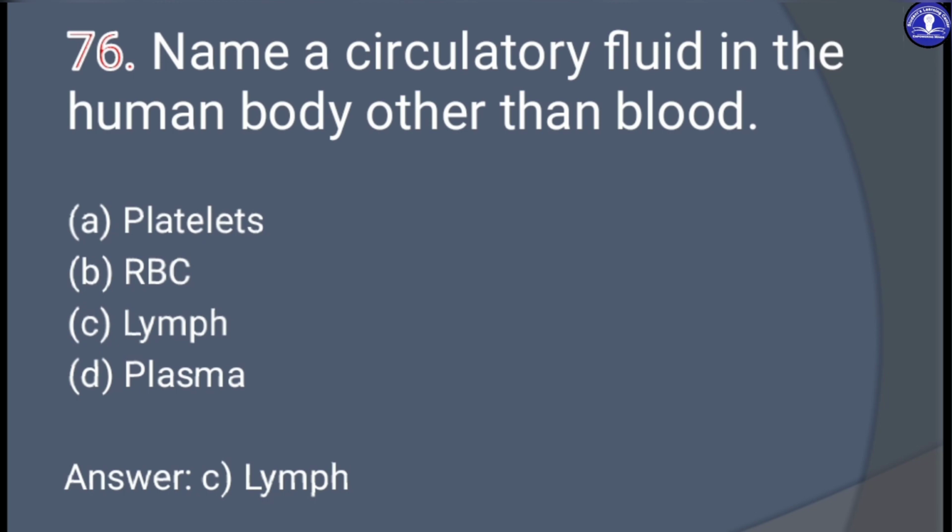prevent bleeding. RBC or red blood cells or erythrocytes are cells that circulate in the blood and carry oxygen from our lungs to the rest of our bodies. Plasma is the component of blood and responsible for transporting important nutrients and waste products to and away from the cells. Then lymph. Lymph mainly contains white blood cells, mainly lymphocytes. These lymphocytes are the cells that attack the bacteria in the blood.